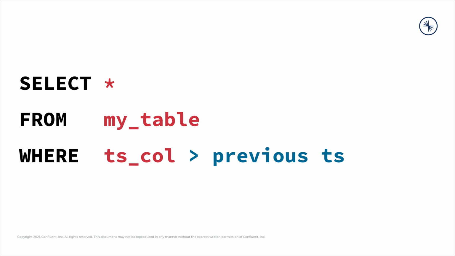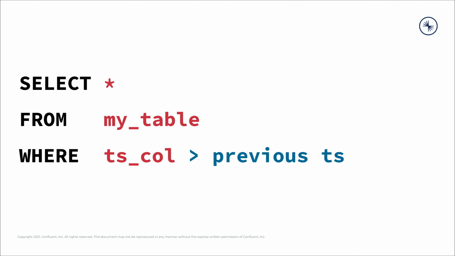Now, query-based CDC uses a regular database query to pull new stuff out of the database. So if the only interface you have to the database is just queries you can run, that doesn't seem like it's asking too much. You can usually submit a select and get things back. That's kind of minimal. If that's the only interface you have, and you don't have any view into the internals, then you can do this. The query will always include a predicate to identify what has changed. This will be based on a timestamp field or a monotonically incrementing identifier or both. It's one, the other, or both of those two things.